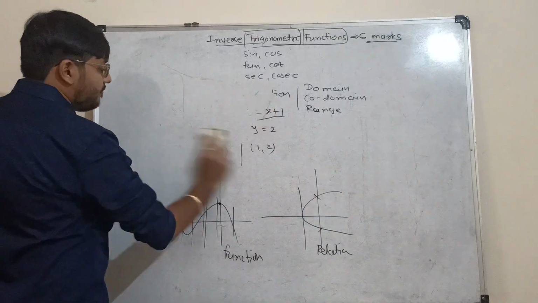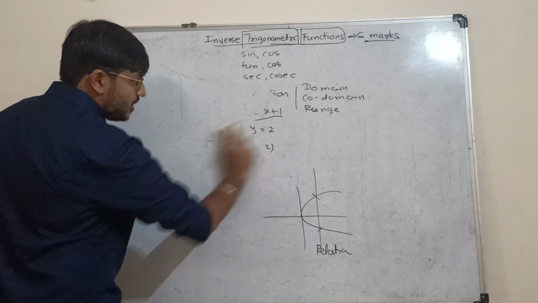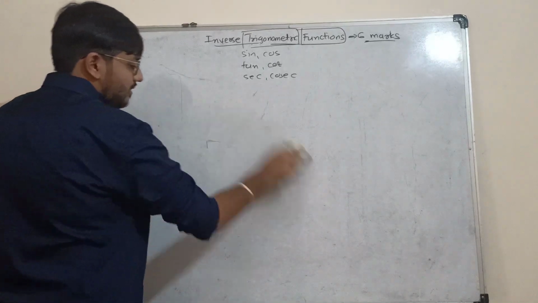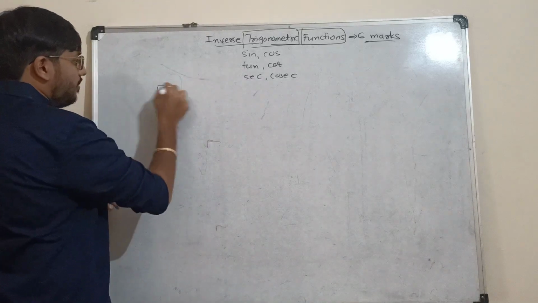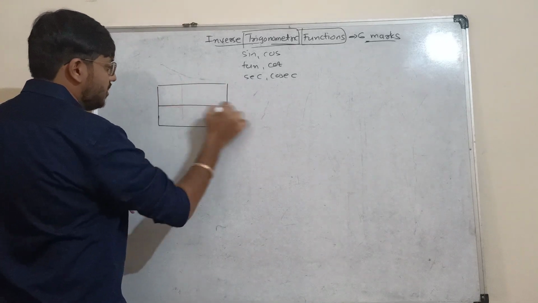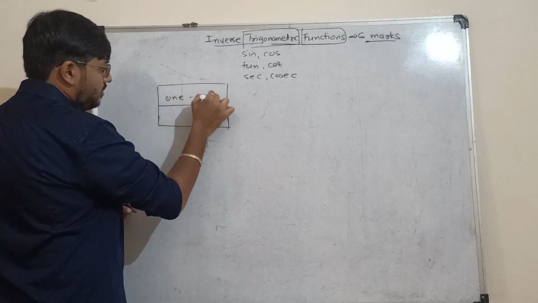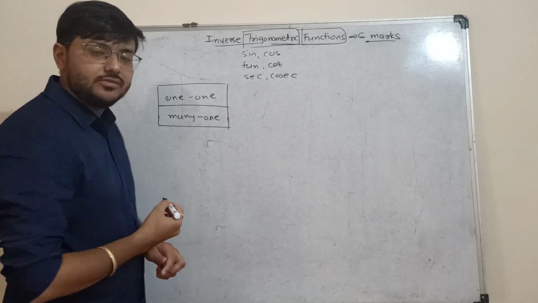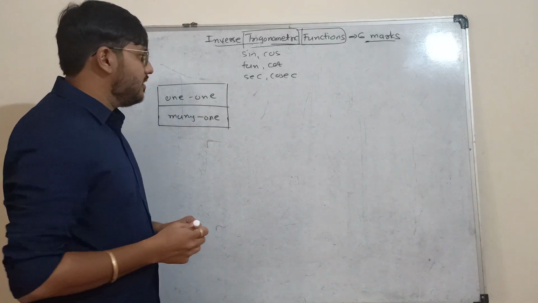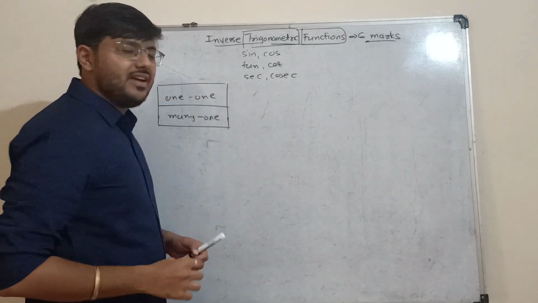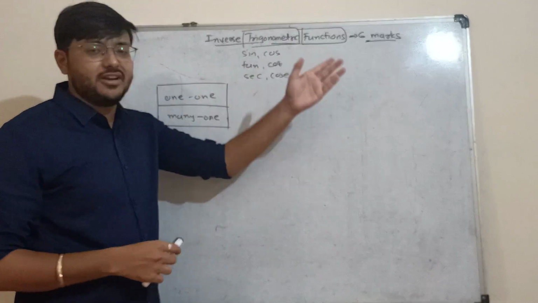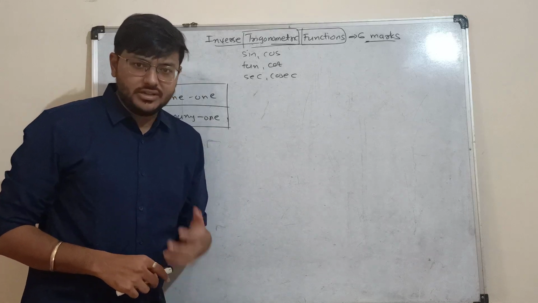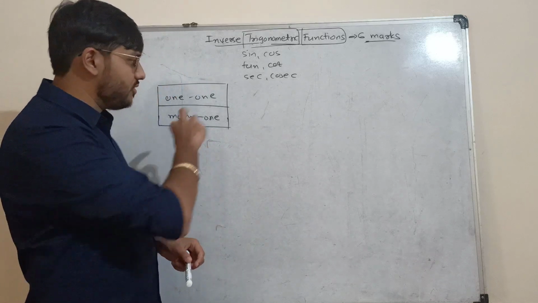So this is the basic idea about relation and function. Now let's talk about function particularly, and in function we have to discuss one-one function and many-one function. These are the terms which are very important to study the inverse trigonometric function, right? These are some basic guidelines, I can say, to understand the inverse trigonometric function, right? That's why I'm going to discuss all this.